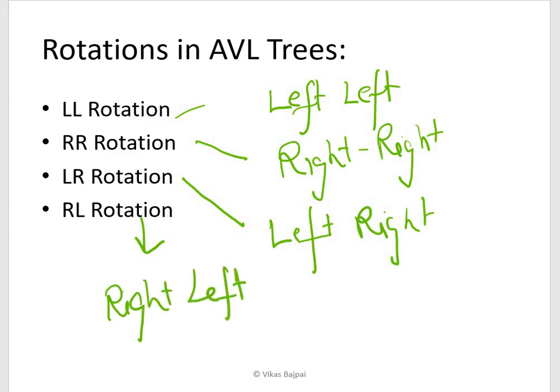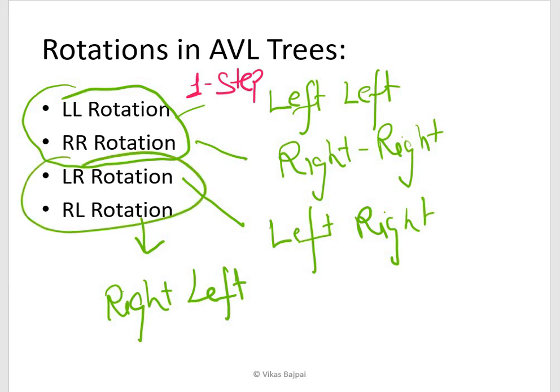And the good thing to notice is that your LL and your RR are one step rotations, whereas your LR and RL are two-step rotations. Don't worry about what these things are. We are going to study these topics one by one in the next few minutes.